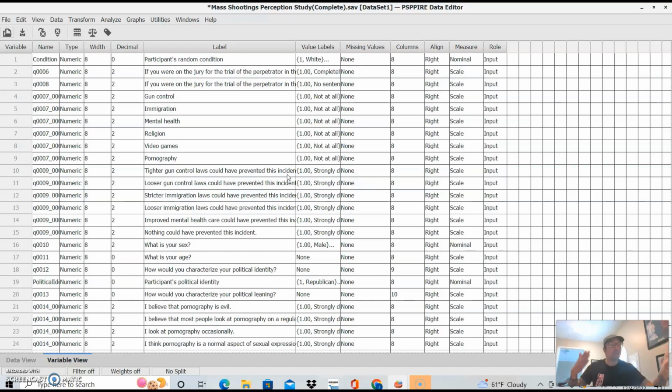What if it was the race of the participant or the perpetrator, excuse me? Is it male versus female? Are there different analyses that way? And I'm so glad you thought of that because yes, that is the nature of post-hoc analysis. I didn't make any hypotheses about any of those factors, but utilizing the demographics in this piece of research helps me do that post-hoc analysis that answers many of those questions before they're even asked.